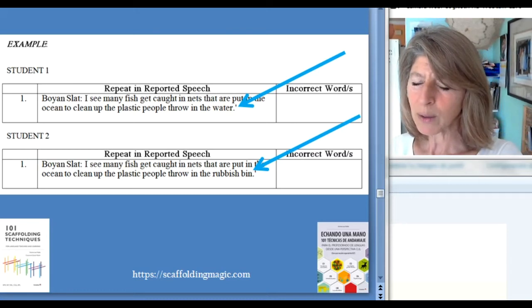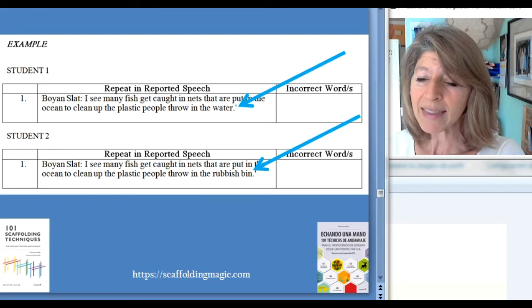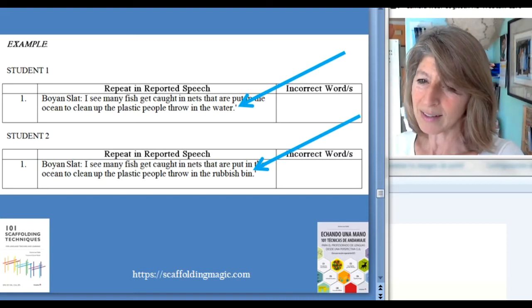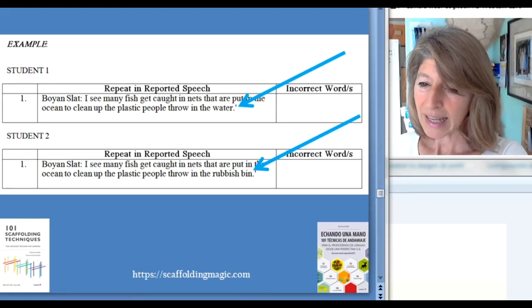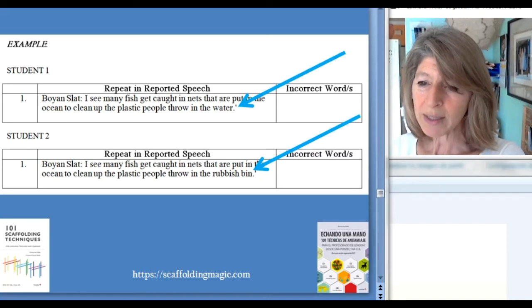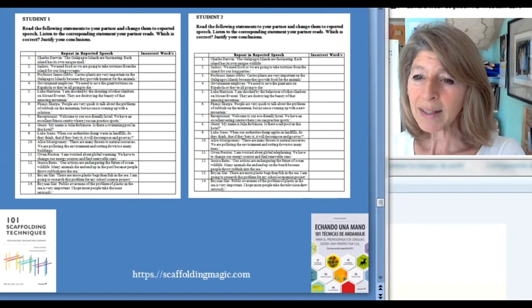Now, student 1 would say, which statement is correct? And student 2 might say, I think your statement is correct. The problem is that people throw rubbish into the water, not into the rubbish bin. And student 1 might say, that makes sense. We'll put rubbish bin in the third column as the incorrect word. So after modeling the